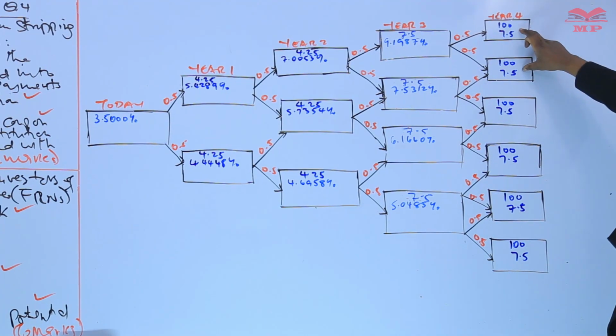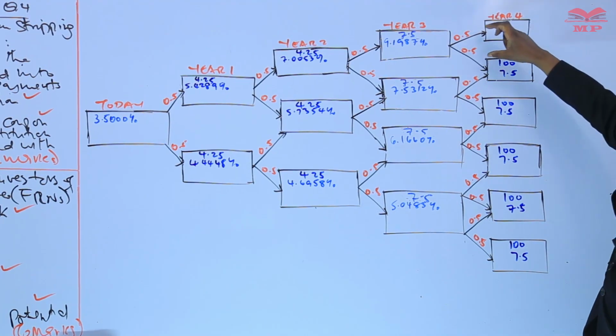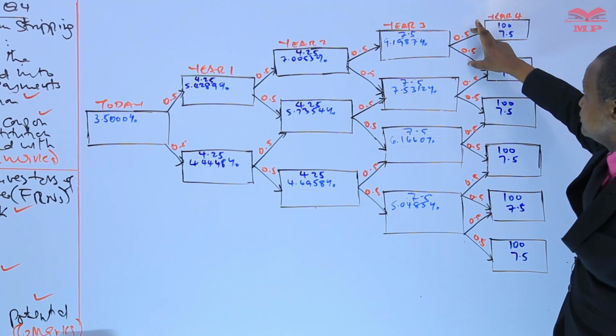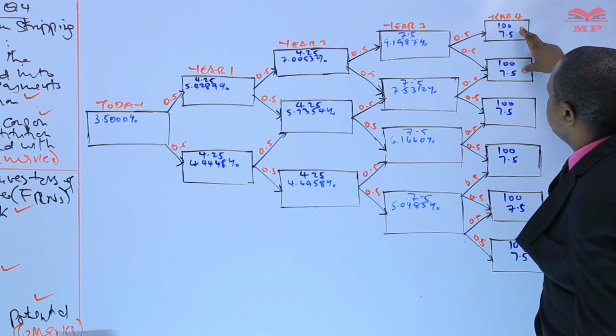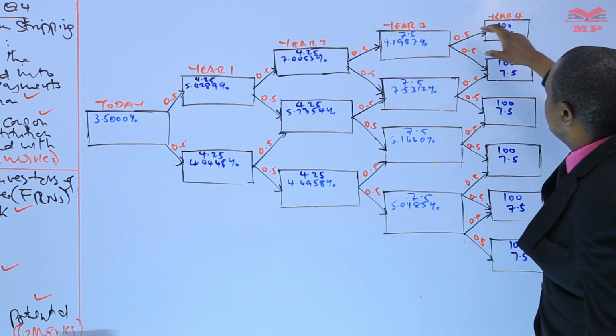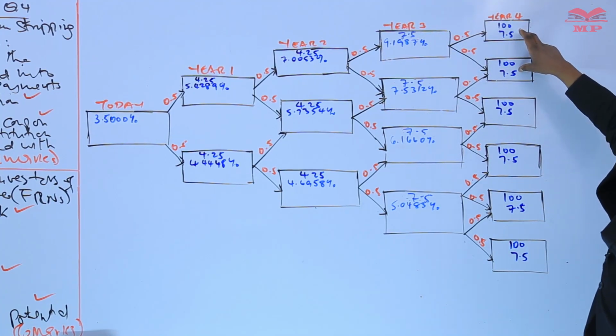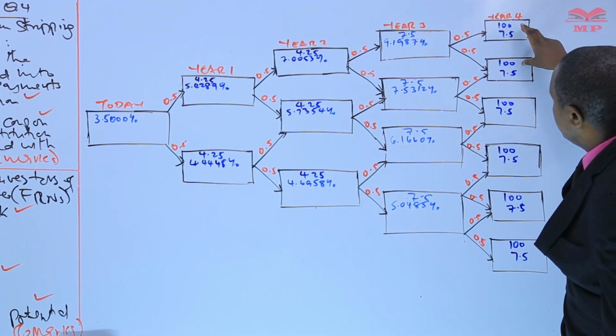So these two nodes are preceded by this node, so we are going to get the present value of these two cash flows